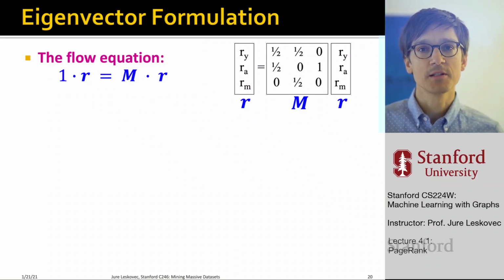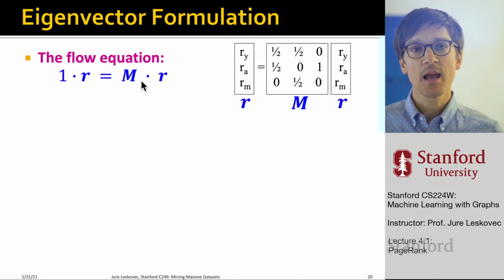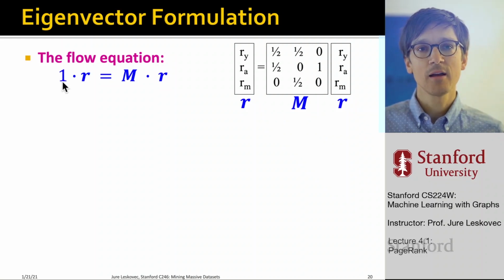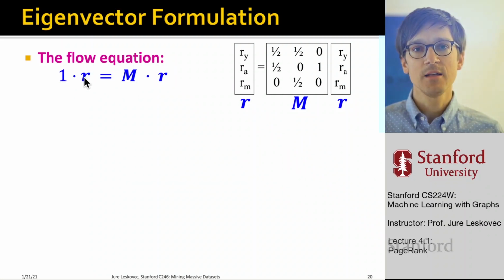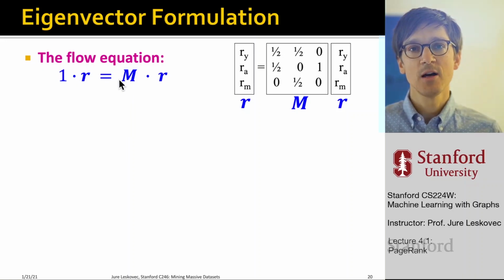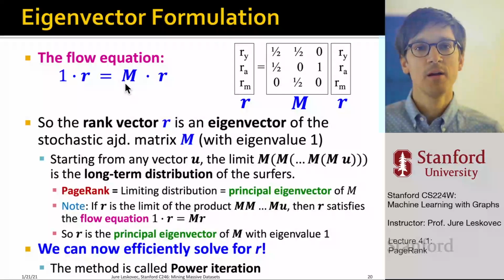How are we going to solve this, right? If I write R equals M times R and I include implicitly a constant 1 here, then notice that this is also an eigenvalue-eigenvector problem, right? Now R is an eigenvector that corresponds to the eigenvalue 1 of this stochastic matrix M. So this is very interesting, right? Because this rank vector R is the eigenvector of the stochastic adjacency matrix M with the corresponding eigenvalue 1. This is the lambda constant from the previous slide, implicitly 1.